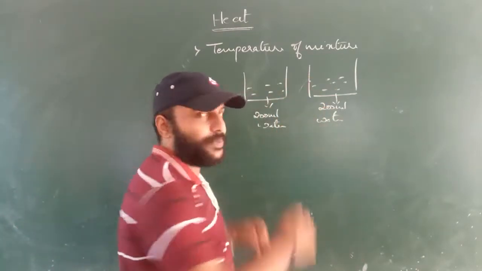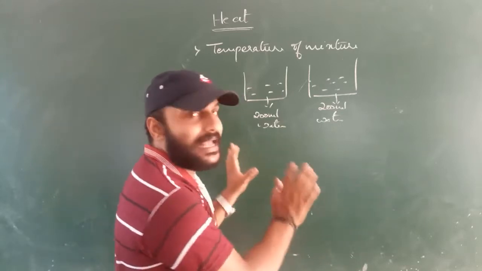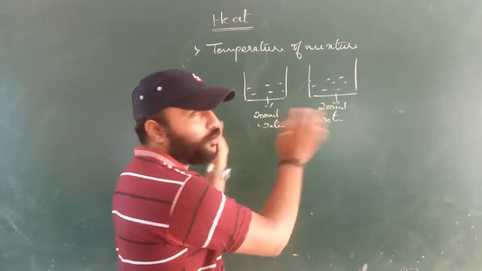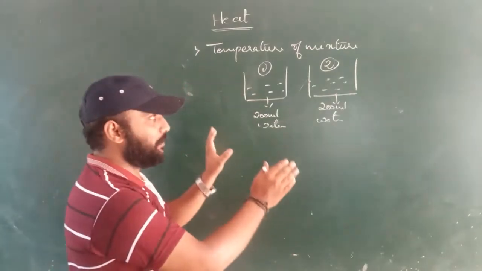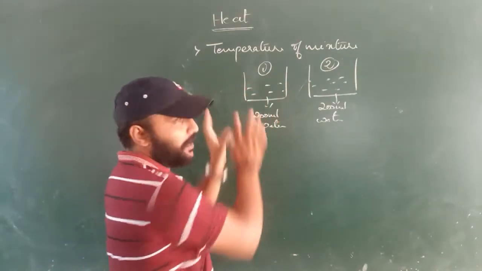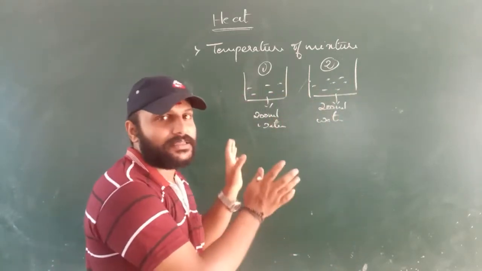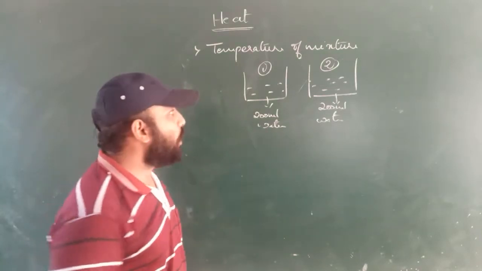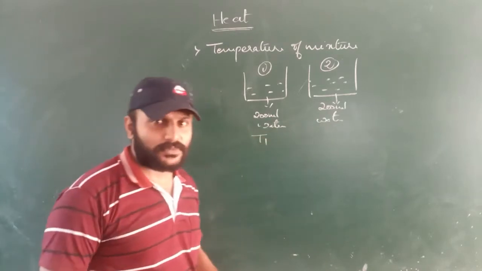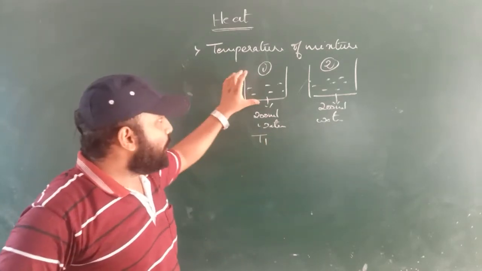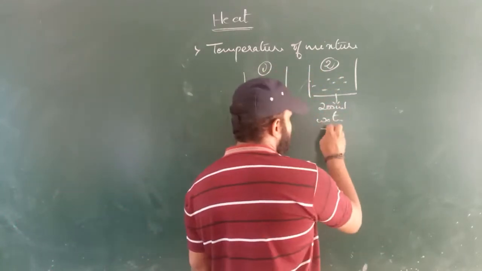Now I will heat those 2 beakers at the same temperature. Means what? Same temperature. It tells about what? I am supplying an equal amount of heat energy to both beakers, beaker 1 and beaker 2. Think that I am providing 60 degrees Celsius for beaker 1, and at the same time for beaker 2 also 60 degrees Celsius. Now what will be the temperature of the first one? Think that the temperature of the first one will be T1, and beaker 2 temperature is 60 degrees Celsius, so take it as T2.